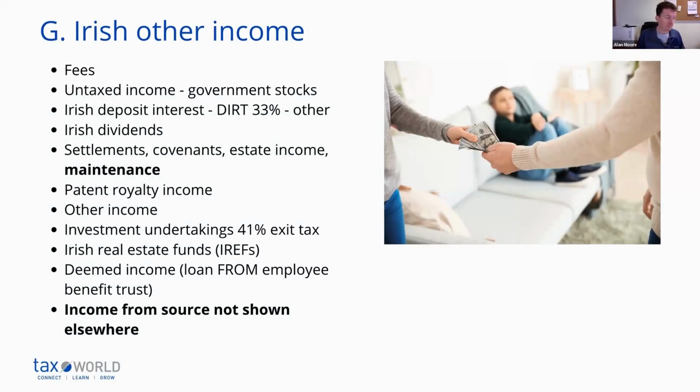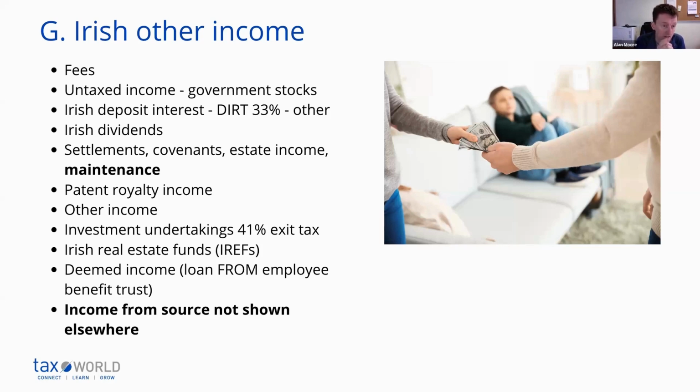Irish other income, fees, that's pretty straightforward. Untaxed income, pretty straightforward. Deposit interest, everyone knows that works with DIRT and 33%. Irish dividends, obviously, they should have had 25% dividend withholding tax withheld. So what you do is put in the gross dividend, apply the tax and claim a credit for